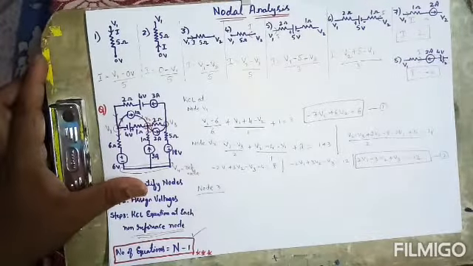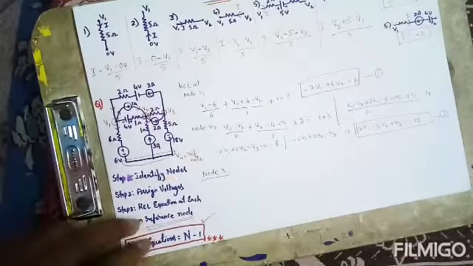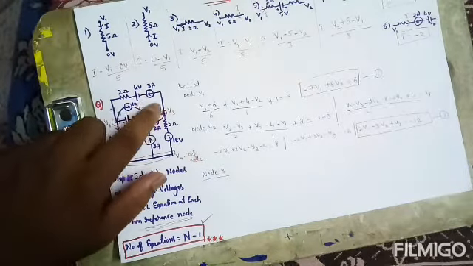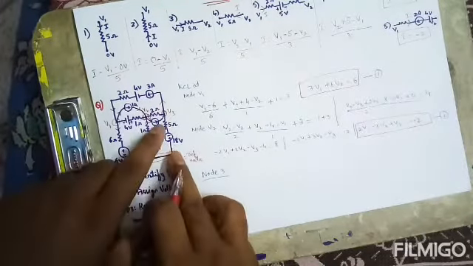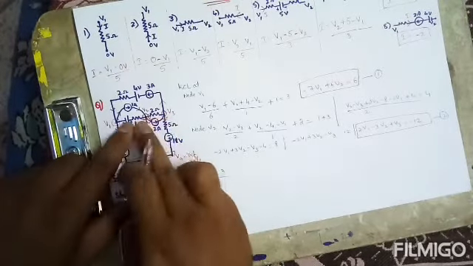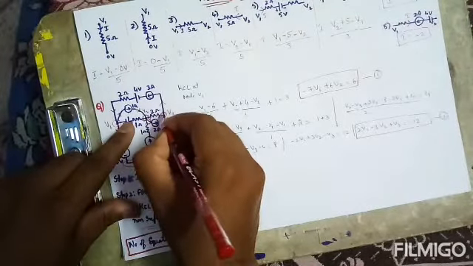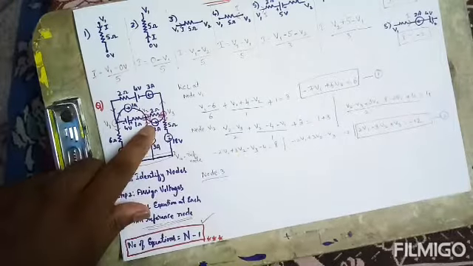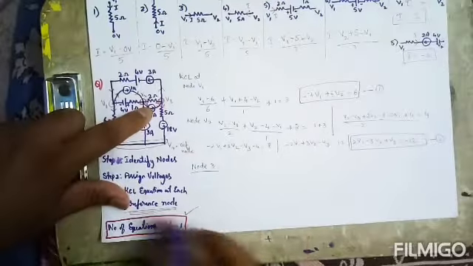Then let's see about node 3. I'm just making you understand the way of writing an expression. So node 3, this is the node 3. Now this is a current source here, and it is outgoing, so it is a fixed current going outgoing. Here, in between V3 and V2, again I don't have any current source, so I can assume this as outgoing. I have a current source here which is coming to V3, so this is incoming. So I have 1, 2, 3, 4 elements, 4 branches, so I get 4 terms in the expression.